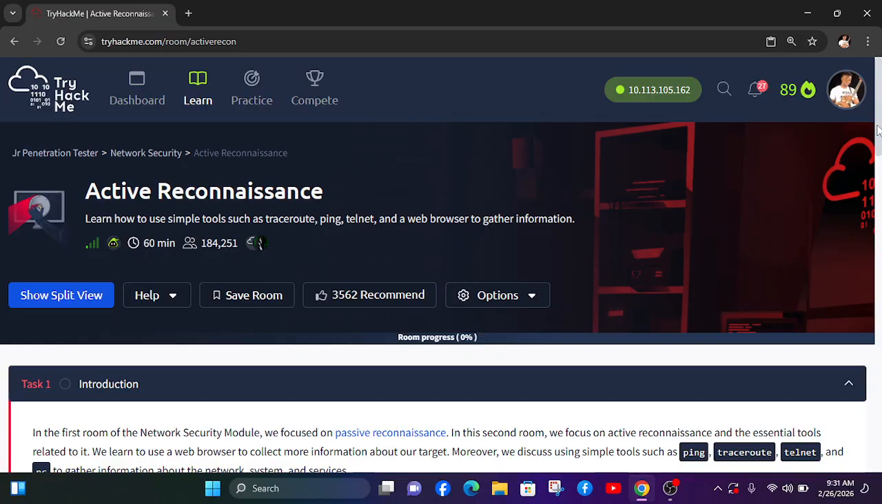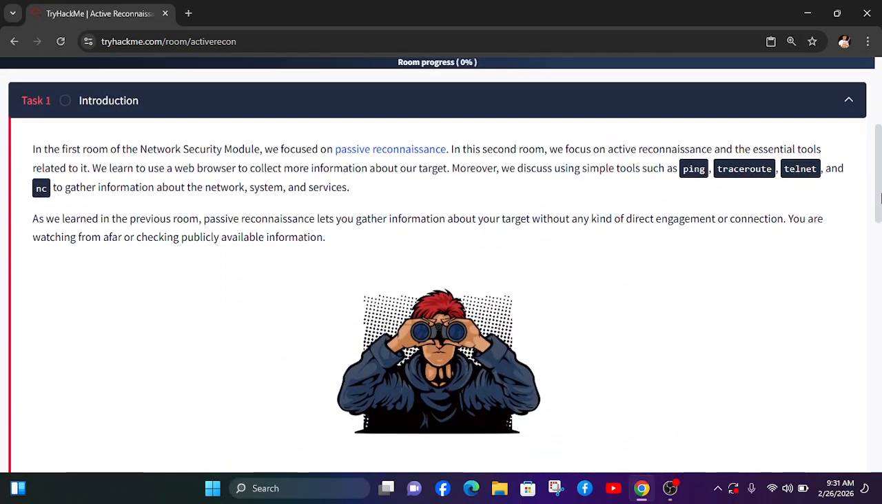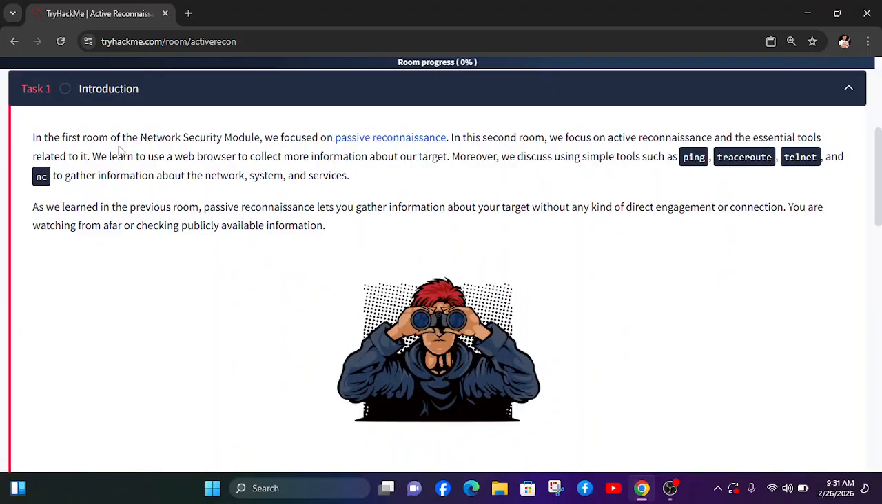Okay, so in this room we are going to be learning. In the first room of the network security module, we focused on passive reconnaissance. In the second room, we focus on active reconnaissance and the essential tools related to it. We learned to use a web browser to collect more information about our target. Moreover, we discuss using simple tools such as ping, traceroute, telnet, and nc to gather information about the network system